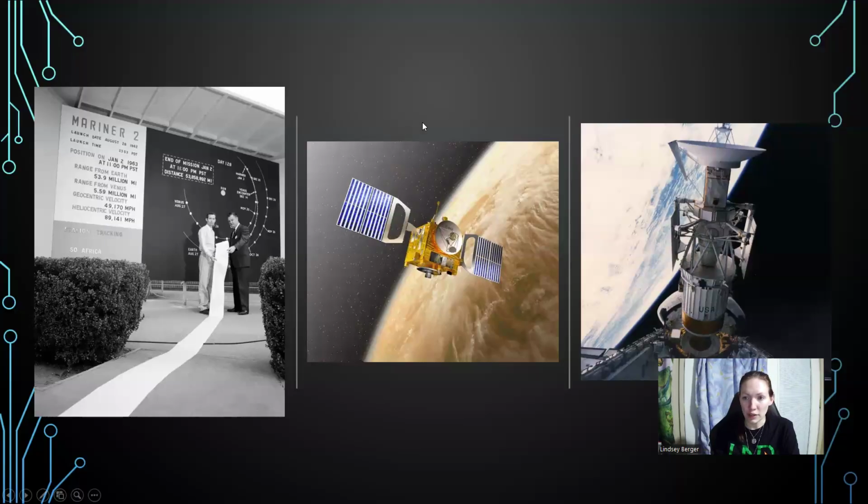Here's some images from some of the missions. Like here is obviously Mariner 2. This would be at NASA. This is some of the data readouts. Look at this long old piece of paper. That's the data readouts that they had to analyze by hand because this was, you know, pre iPhone, MacBook, whatever